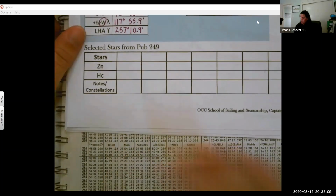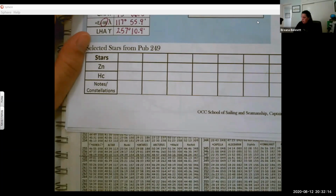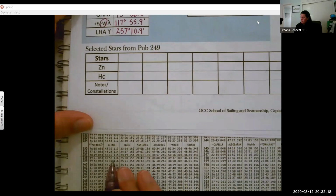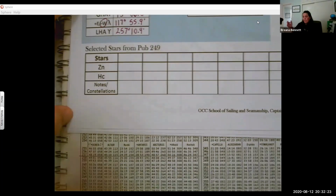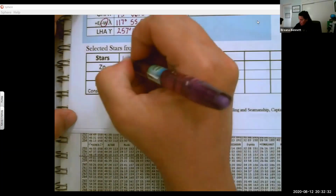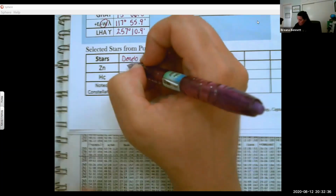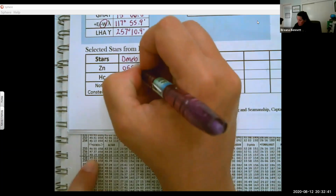selected star worksheet, we're going to basically just copy this information in. So I'll copy it in the same order. This order is ordered by bearing, so you're kind of working your way around, and we'll see that in a second. So I'm just going to copy it straight in. Deneb, we have a ZN of 058, HC